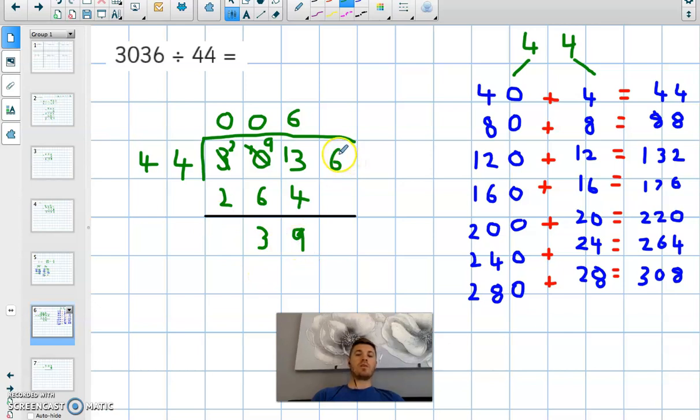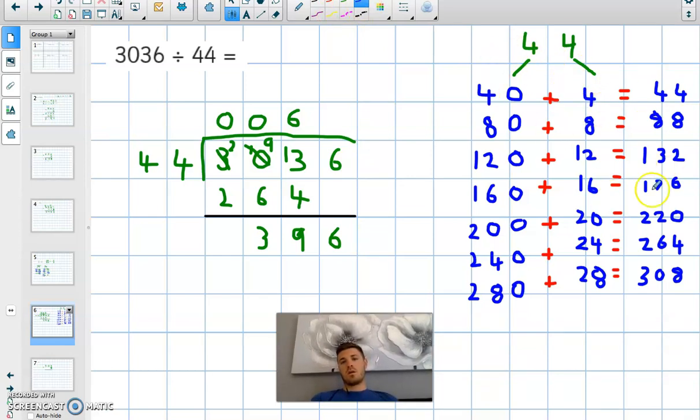Now what you need to do is drop that 6 right down next to that 39, because 39, remember, was our remainder. So you put that little 39 in short division next to that 6 to make 396. Okay, now I'm going to refer back to my multiples of 44. So I can see how many 44s now are in 396. I haven't gone high enough. So I need to continue